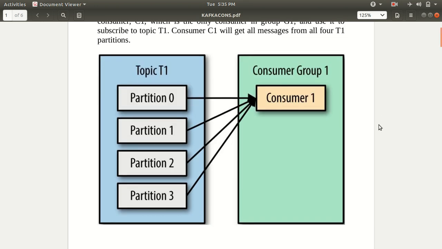This can be a drawback, because in the case of a low latency application, where we have to respond quickly, due to the availability of only one consumer, we may get some delay, because there is only one entity on the receiving end, the consumer end, which is consuming, right? So the speed of consuming may be lower than the speed of producing. So this is a problem.